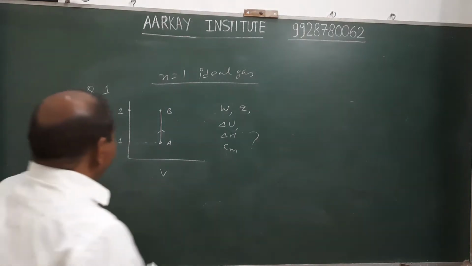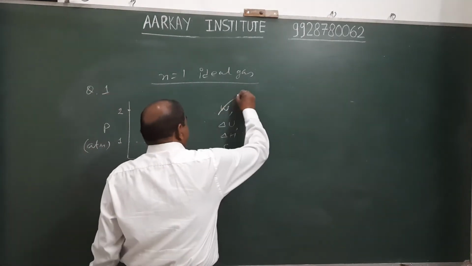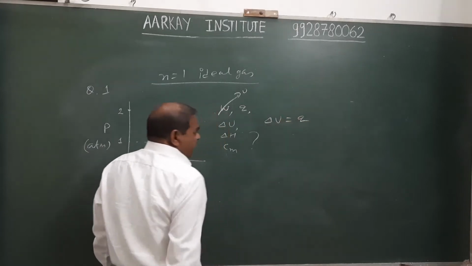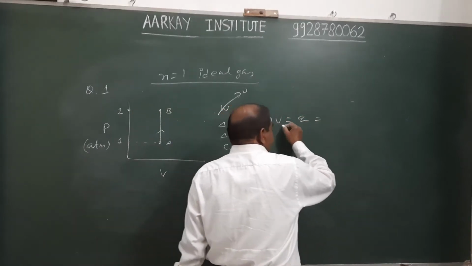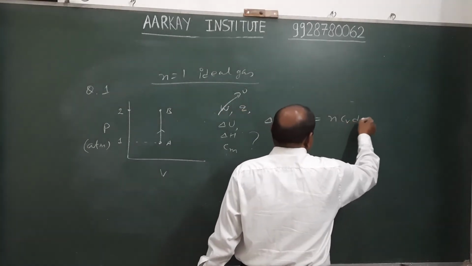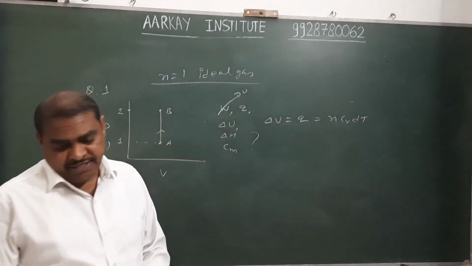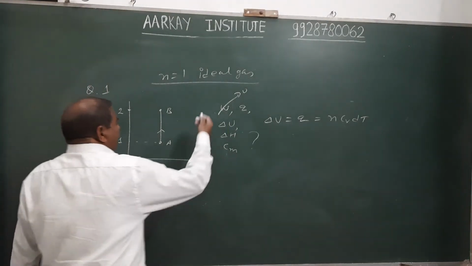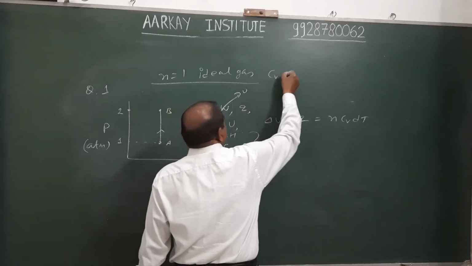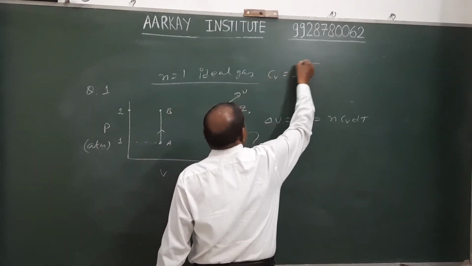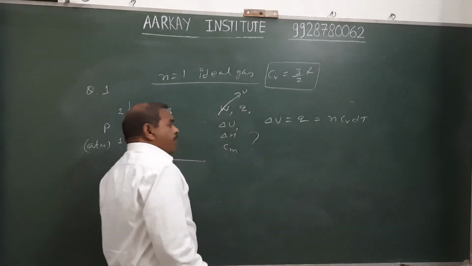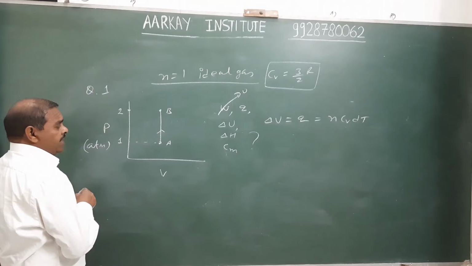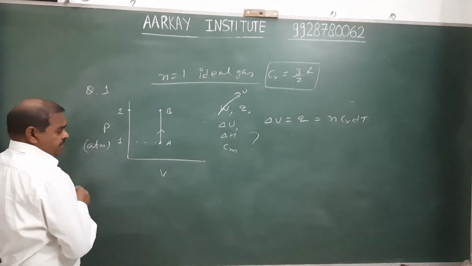Okay. In case of isochoric process, the work is zero, and we know that change in internal energy equals the exchange of heat energy, and for ideal gas the change in internal energy is calculated with the help of n Cv dT. Cv is the heat capacity of the gas. Suppose Cv is given as 3 by 2 R, suppose a monatomic gas. With the help of given Cv we calculate change in enthalpy as well as change in internal energy.